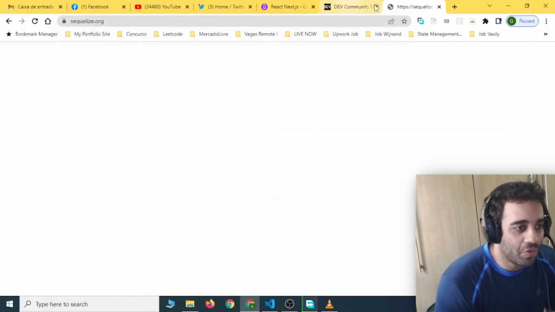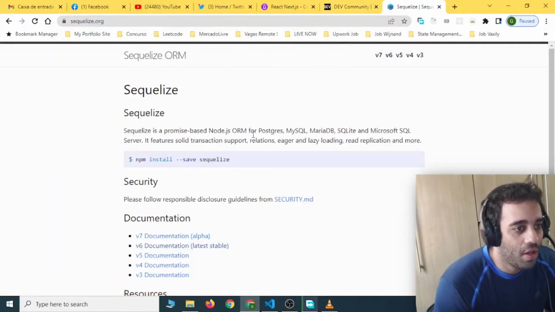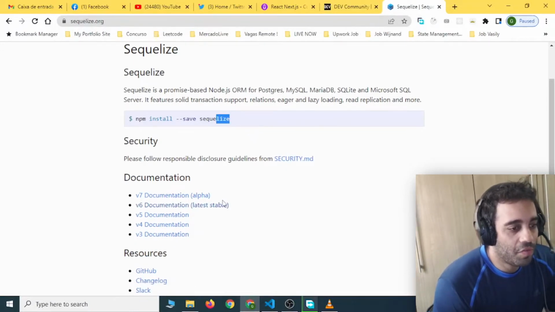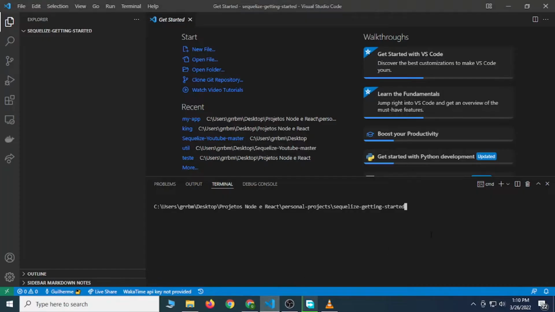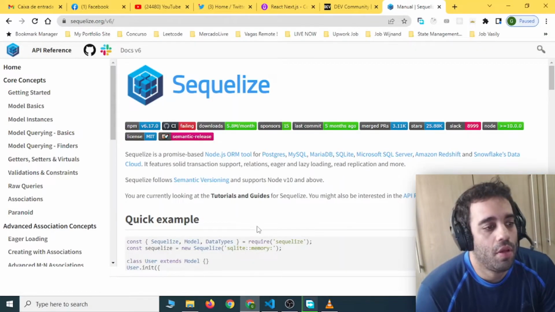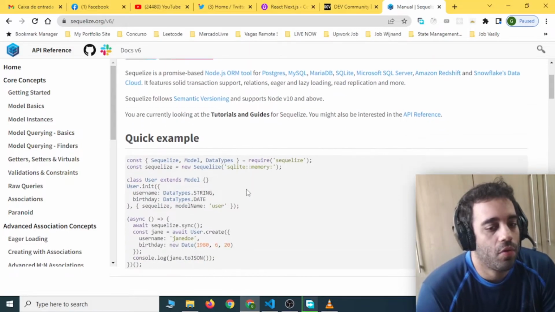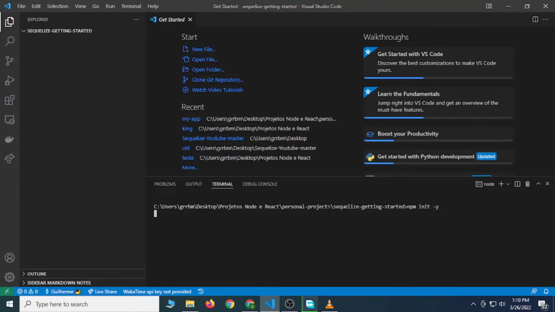But yeah, if you go to sequelize.org, you have the full documentation for Sequelize, all the versions, right? Version 3, 4. I'm using version 6, so yeah. So here I have an empty project. I'll just npm init -y to create a package.json, and yeah, here we can take a look at this example of how to start with Sequelize,